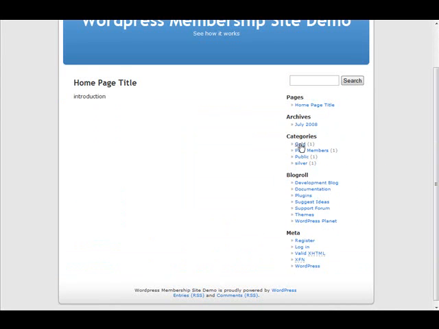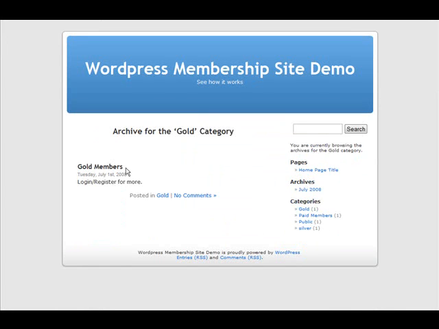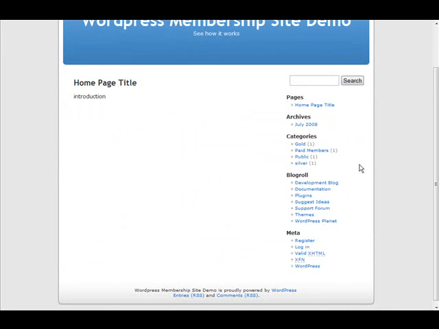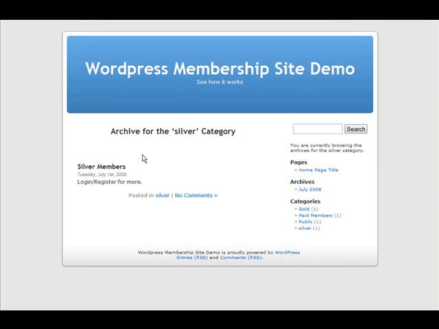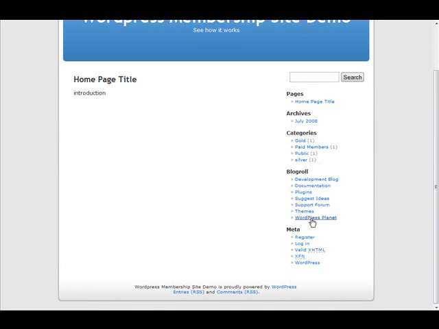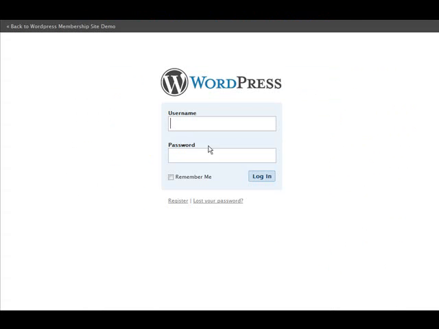Okay, so under categories gold, if we click on gold, you see we can see the header, but we can't see what's inside there. Same with silver. We can see the header, but we can't see what's in it. Now if we log in with our user ID, demo user 2,